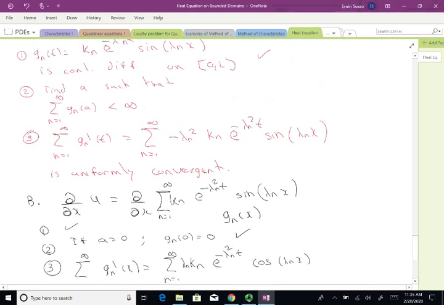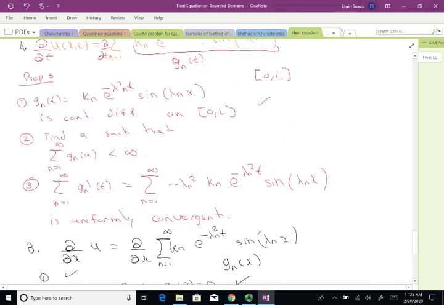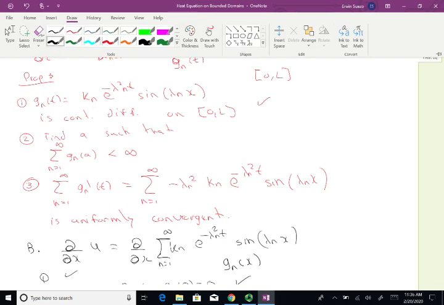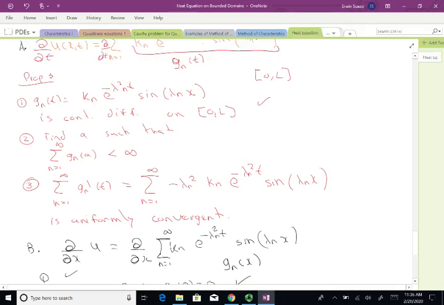I hope you're not confusing this A. This is some letter, some number A in the interval 0L. Okay. Find A in 0L such that